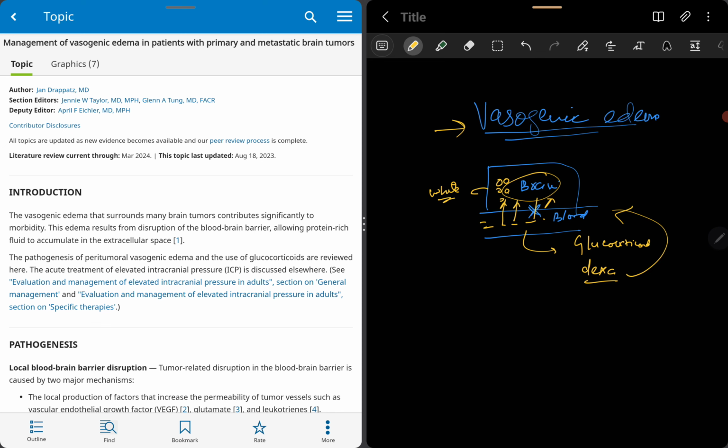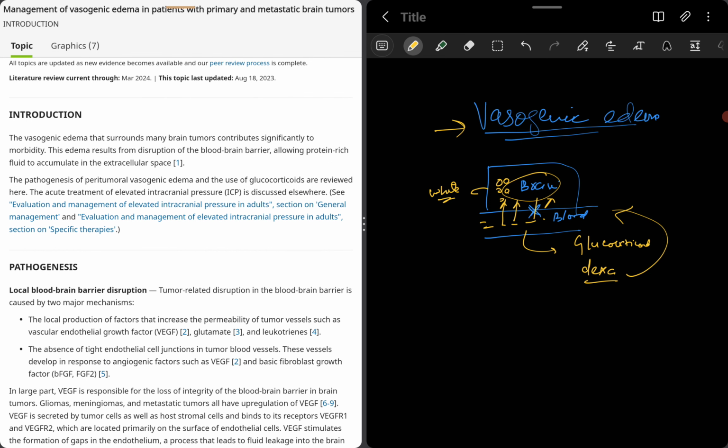So vasogenic edema you see more in white matter because the density is low, so fluid can seep into this white matter easily compared to gray matter, and this extracellular protein-rich fluid leads to